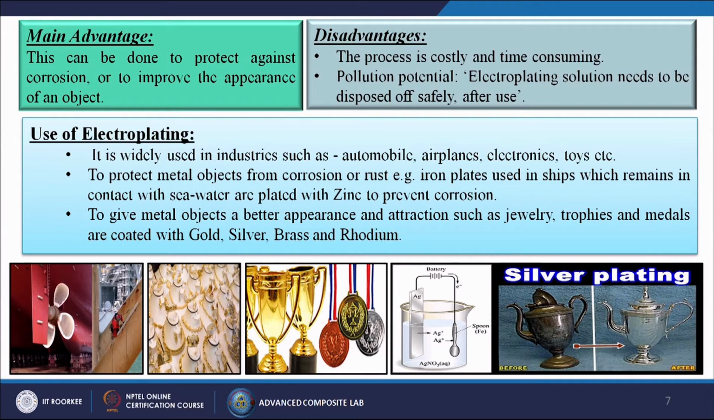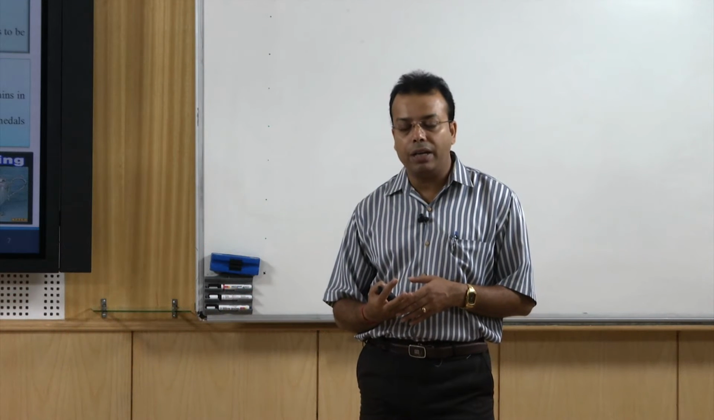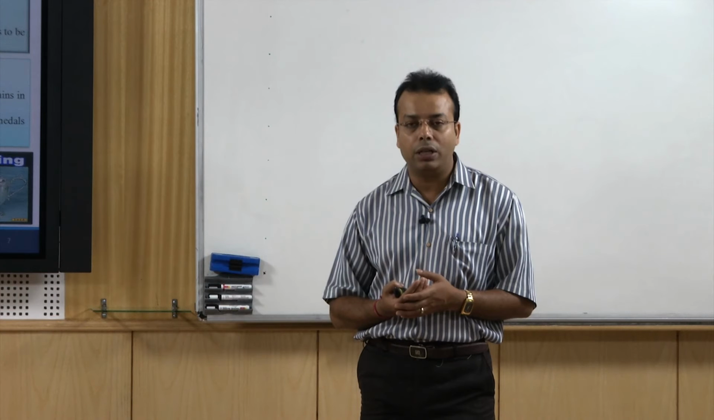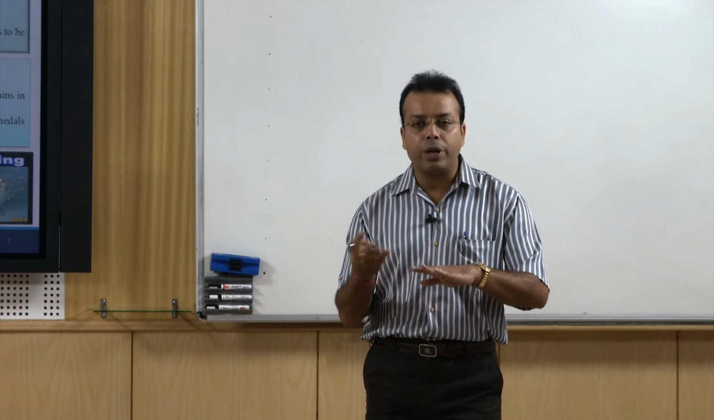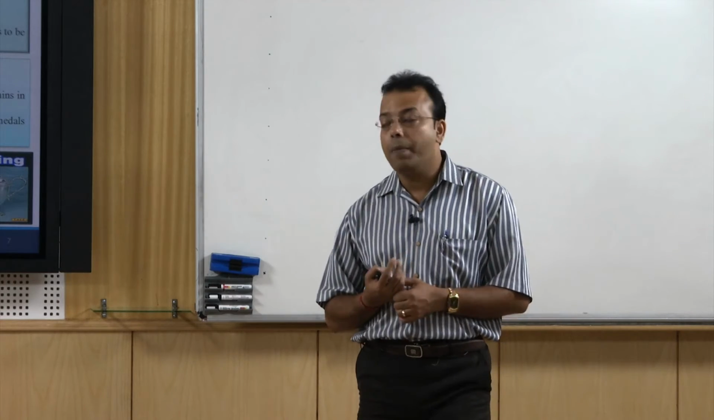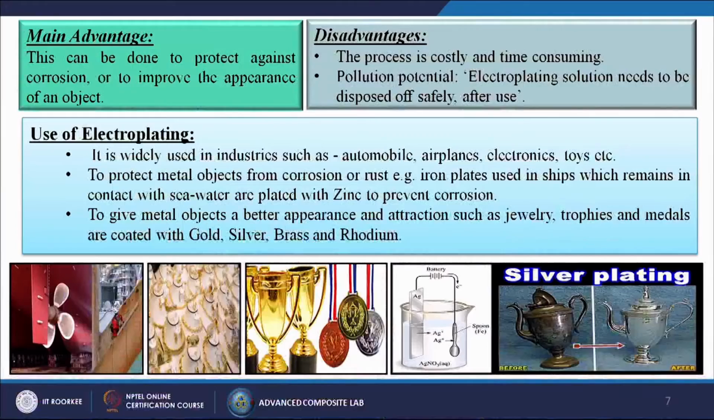To protect metal objects from corrosion or rust. So, simply we are doing some kind of stable material coating onto the substrate, so that the stable material can't react with rain or moisture or other chemicals, so that it can give protection onto our substrate material. To give metal objects a better appearance and attraction, such as jewelry, some kind of mementos,